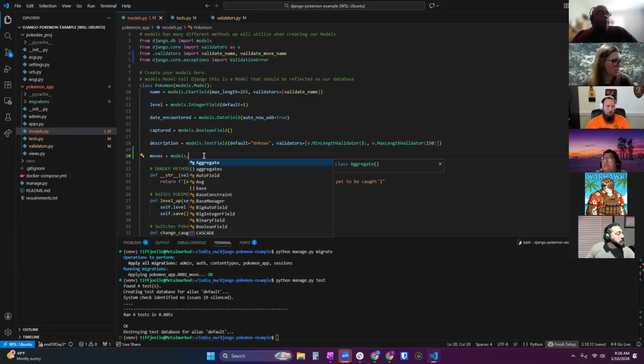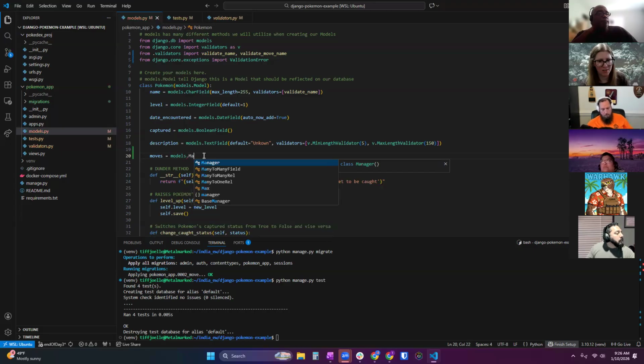Well, the many-to-many is going to have that intermediary table. We'll go into how Django handles that in a second, but it makes it easy for us. We don't have to worry about the go-between tables for our many-to-many relationship in Django. We just have to use a many-to-many field.